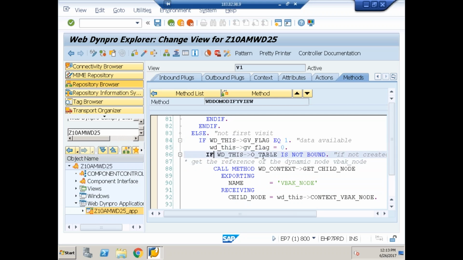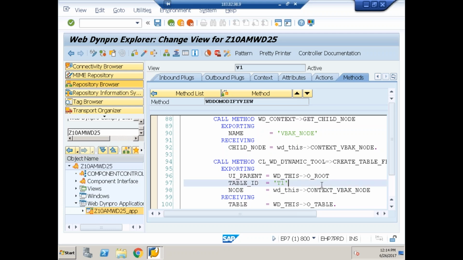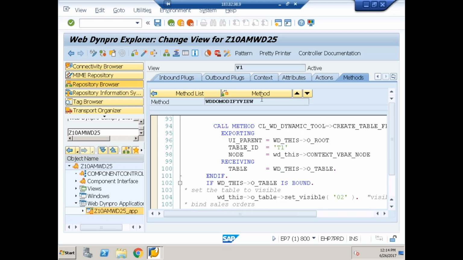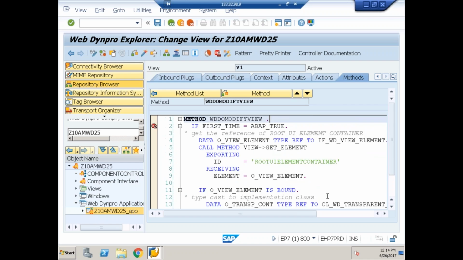Enter the block. Now I am checking whether the table is already created. If the table is not bound, meaning it is the first time, I am getting the reference of the node and creating the table for the first time. Second time onwards, that if condition fails and control comes directly here. If it is bound, I'm just setting it to visible and binding the data. Else, if data is not available, again I'm checking whether the table is already available. If the table is already available, I'm setting it to invisible. So the entire logic I'm controlling inside WD do modify view. This is the way you work with